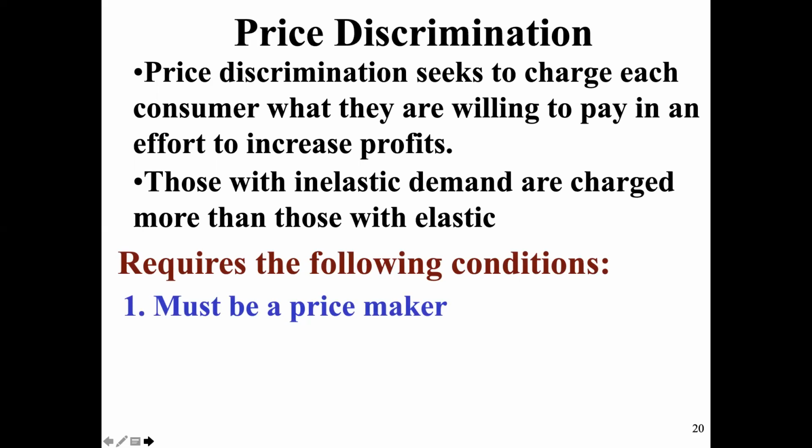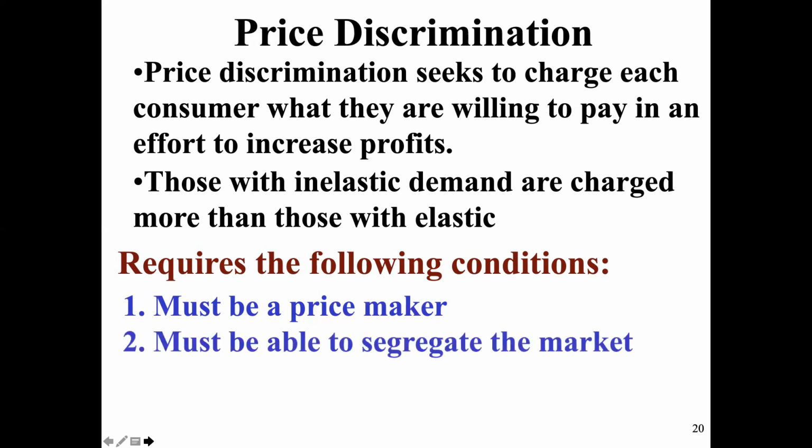So if you're a perfectly competitive firm, like we analyzed last unit with those side-by-side graphs, you are not going to be able to price discriminate. Why? Because you're getting the price from the market. You have no control of your price. But monopolists, and then the other 2 market structures that we'll learn next, monopolistic competition and oligopolists, all of them are price makers. So they meet that condition for price discrimination.